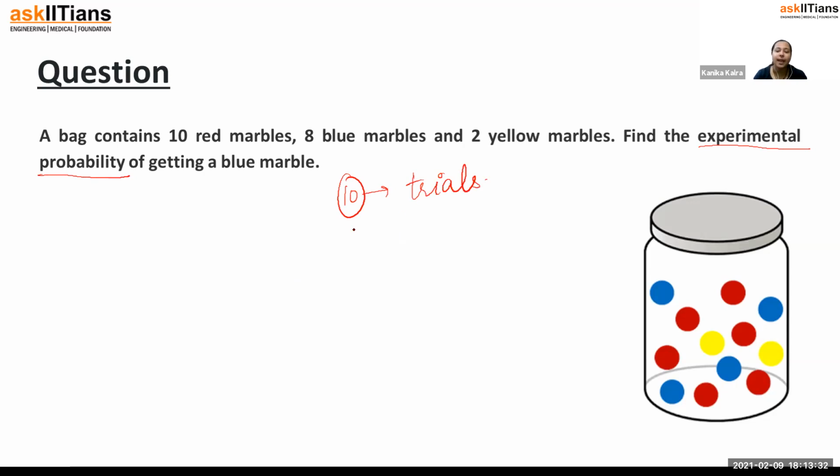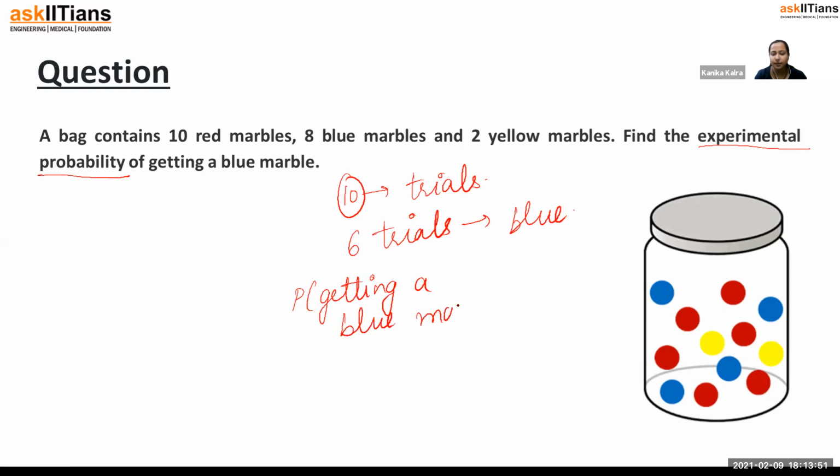All right. And let's say out of 10 trials, in 6 trials you are getting a blue marble. So probability of getting a blue marble would be 6 over 10, which would be equal to 3 over 5. And this is the case of experimental probability. And if we talk about the theoretical probability,